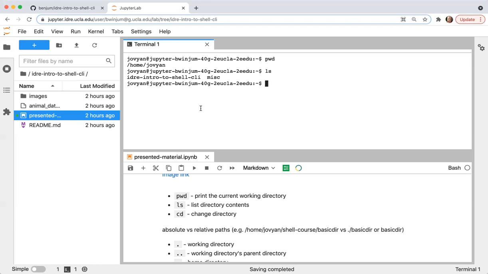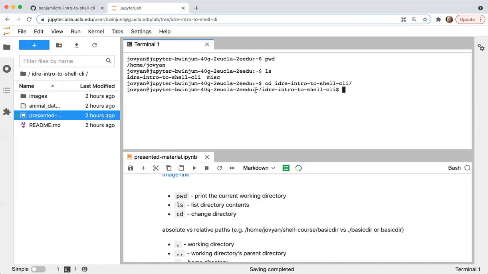And then we can change the directory that we're interacting with the cd command for change directory. And so to change directory, you type cd and put a space, and then you put the name of the directory that you want to change into. So I'm going to change directory into this one. If I type IDRE and simply hit the tab key, this will do the tab completion. So, I might not want to type all that in. Might be easy to make a mistake. So I just type the first couple letters, hit the tab key, and it completes it for me. And then when I hit enter,